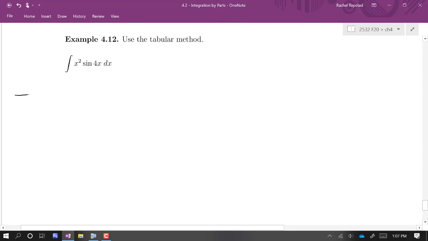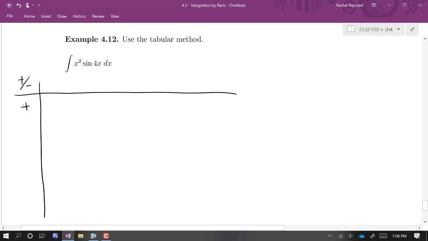We're going to make 3 columns. The first column, we're just going to toggle between plus and minus, and it always starts out with plus. The next column is going to be our choice for u, and then we're just going to keep taking the derivative of that down the column. And our last column is going to be our initial choice for dv, and we're just going to integrate, or write down the simplest antiderivative, as we go, in an iterated